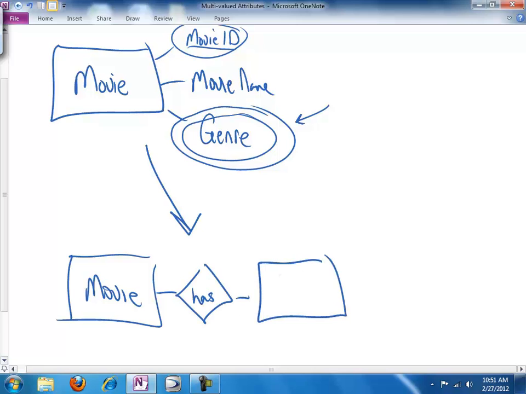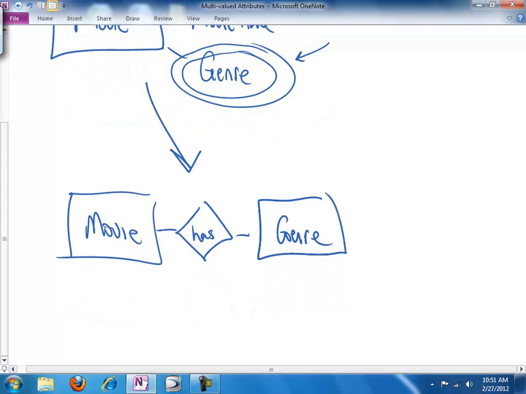And I know we just finished saying genre is not an entity in its own right, and that's true, but this is how we have to look at things in terms of implementation. So we say a given instance of a movie has multiple genres. This N is what makes it a multi-valued attribute. And we could say a given genre has associated with it multiple movies, because certainly there are going to be many horror movies and many comedies and so forth,